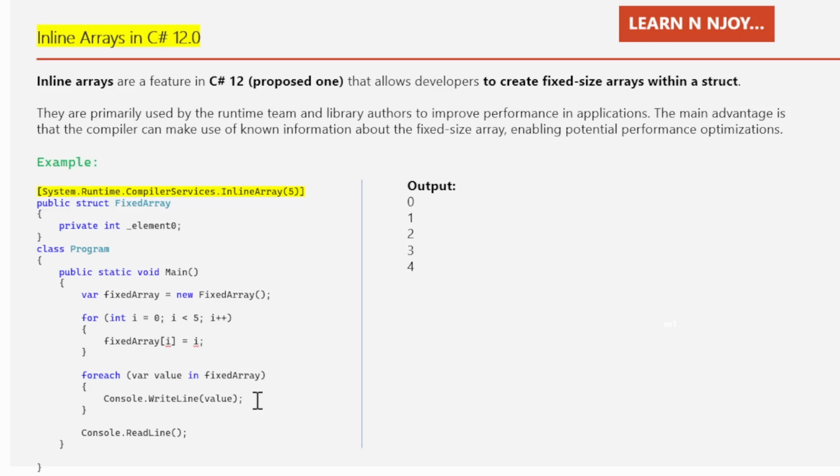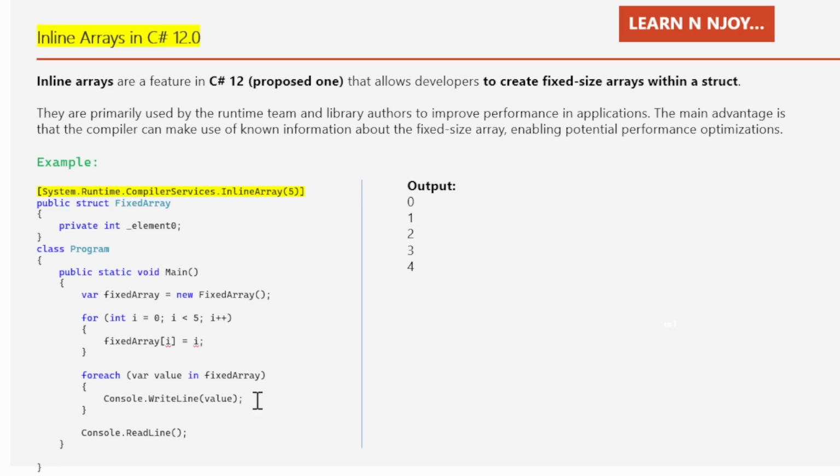Now we need to keep in mind that as application developers, we may not often declare our own inline arrays. Instead, we might encounter them when working with certain runtime APIs that expose them as a System.Span or System.ReadOnlySpan object. So these APIs might leverage inline arrays to improve performance when dealing with fixed size buffers. Besides performance optimization, inline arrays have other use cases too. They can be helpful in scenarios like interoperability with native code, serialization and deserialization, state machines, bit flags, ring buffers,